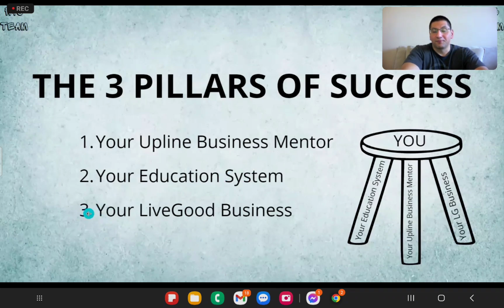And then third, finally, the pillar of success here is your LiveGood business. Guys, we have a great opportunity here, which is LiveGood. This is the vehicle we are in. It's going to take us to our success. The vehicle is great. It is new. It has a great product. It has a great pay plan. It has a great corporate team, great CEO,